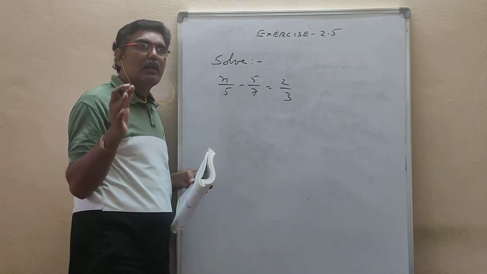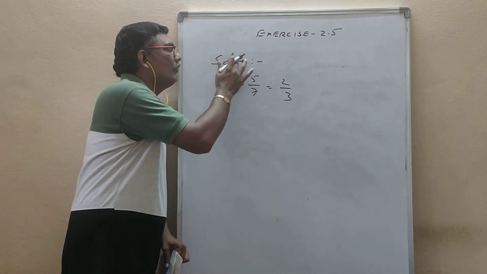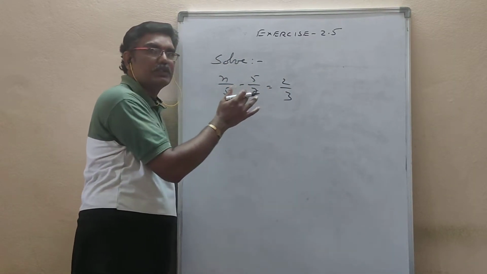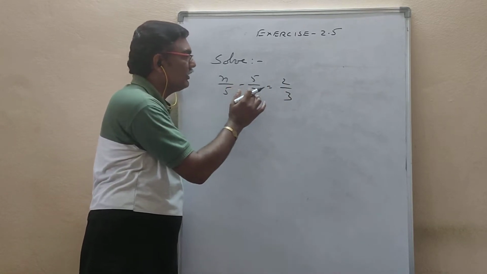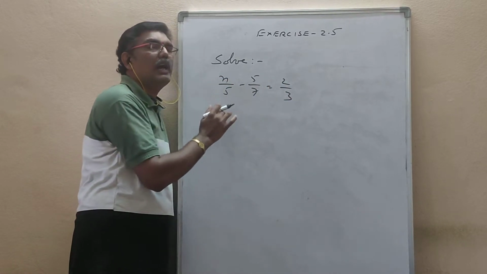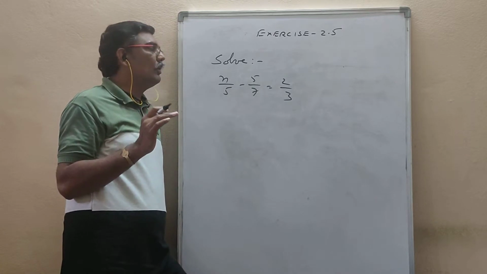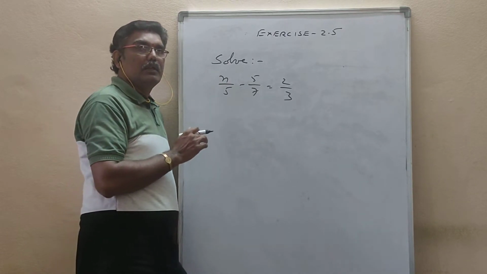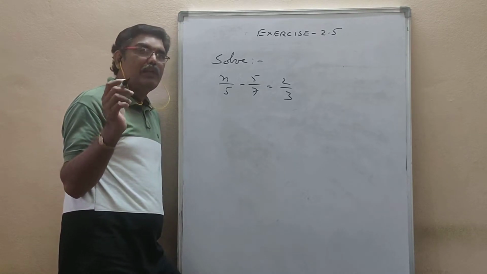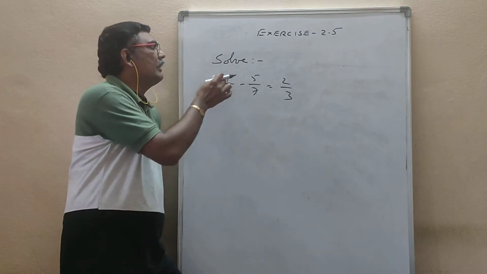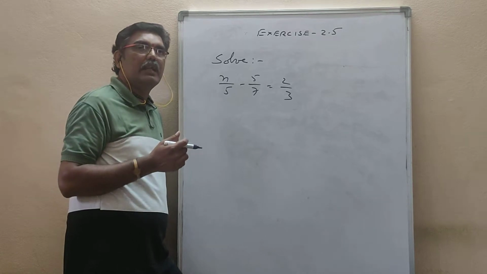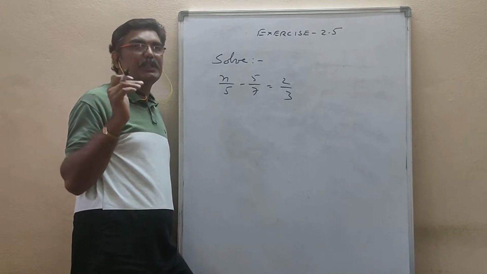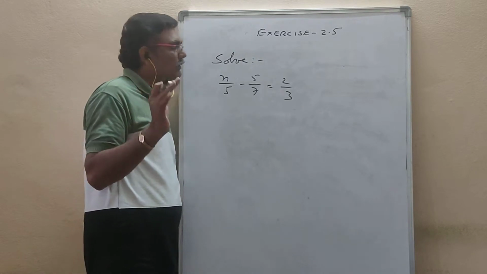So, variables and constants. Solve means it is an equation, because of the equal to sign. In this equation you have to make the variable the subject, so you have to find the value of the variable. Variable means an alphabet, from A to Z. Here one alphabet is there. What is that? N. So you have to make n the subject.